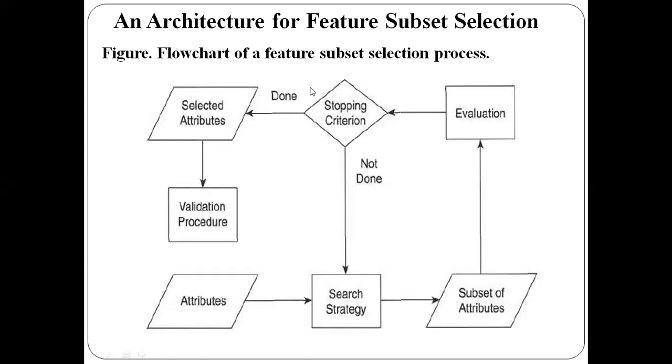The second one is based on the value of the subset evaluation measure. You have evaluated the subsets here, so based on the result you have got, you can decide whether you need to stop the generation of subsets of attributes. So one is based on the number of iterations. The second one is based on the value of the evaluation measure of the subset of attributes. Based on that value also, we can decide whether we need to continue or stop.